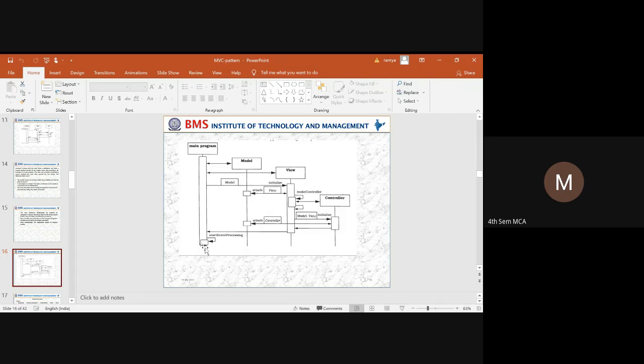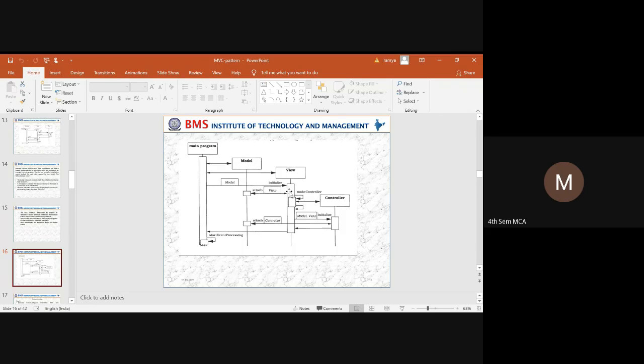So here is a diagram of the second dynamic scenario. We have a main program. The main program will invoke the model and then invoke the view. To represent the view, we need to have a model, so through the model it initializes the view. Next, when the view is being initialized, the model will attach the procedure, whatever updates there are, that the view will take, and the view has to be created.